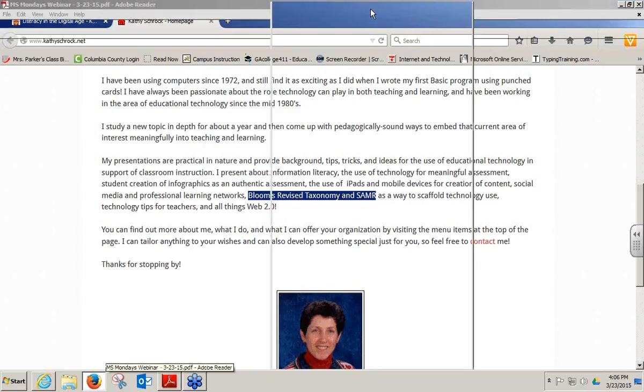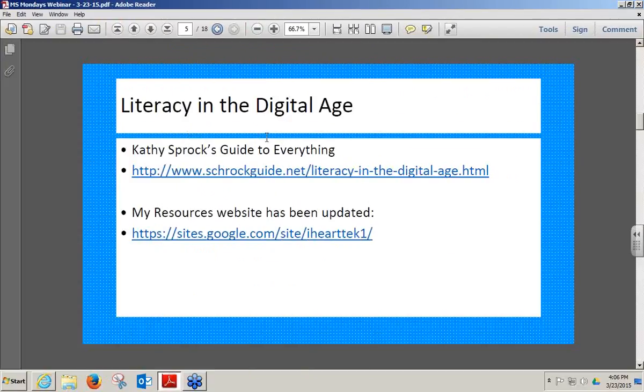So I'm going to go next and show you how I've broken it down for you. I provided this website to you guys. It was called iHeartTech, or iHeart Technology, and how much I love technology. And while we wait for it to come up,